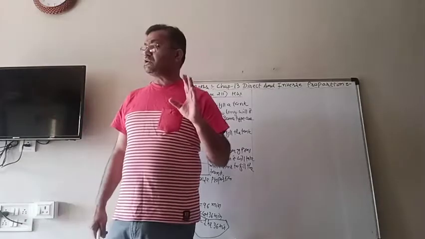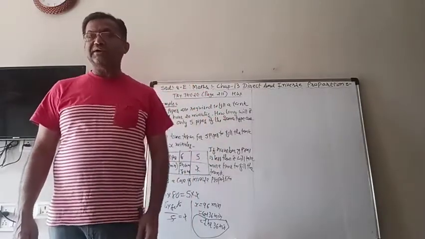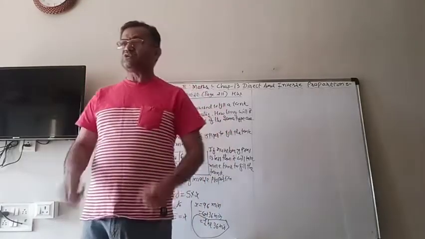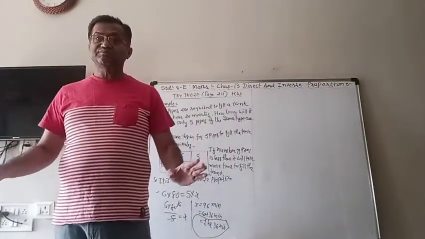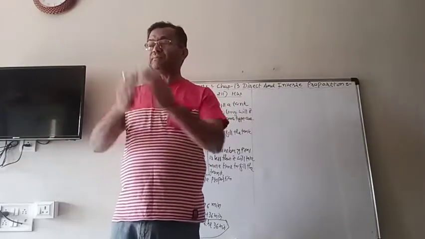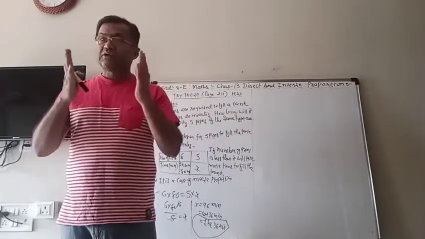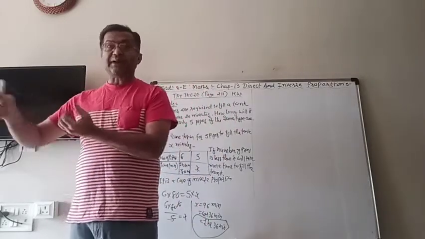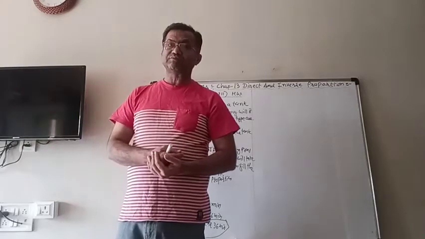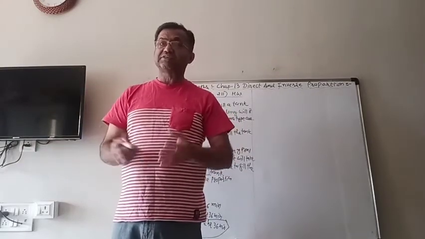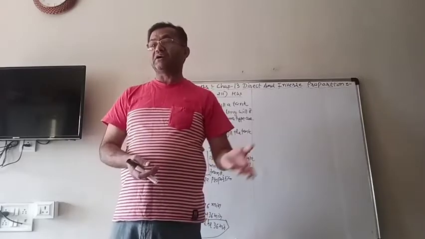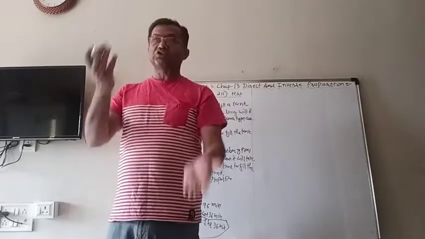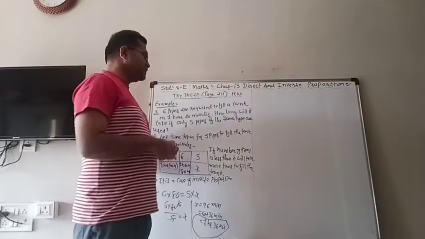As I told you in the beginning also, if it is given as direct proportion, you can do it. If it is given as inverse proportion, you will easily do it. But when nothing is given, you have to decide by observation, by thinking: now 6 pipes are there, then time taken is that one. So 1 pipe is gone, it means less water will come. So to fill the tank, the required time will be more than the given time. And therefore, one is decreasing, the other is increasing. So it's a type of inverse proportion.